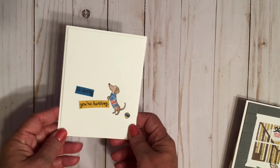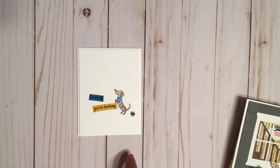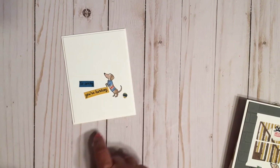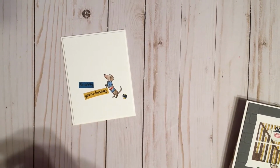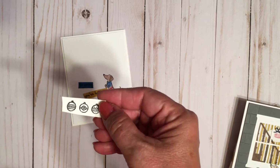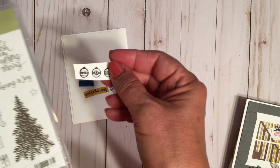The first one's super simple. It's just a "So Sorry You're Hurting." Now let me show you the little trick for the little, see how he has a little ball? Those are actually the ornaments in the stamp set. You can see, so I stamped them, and then I cut them out,